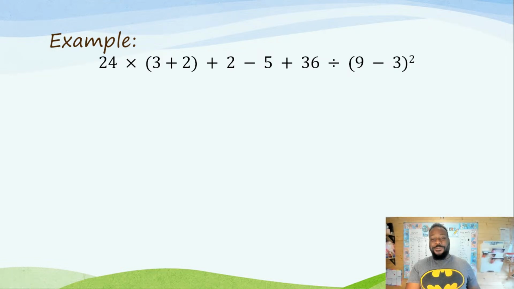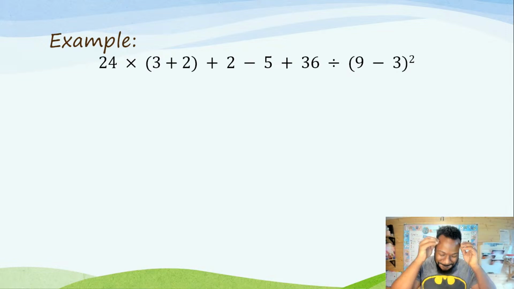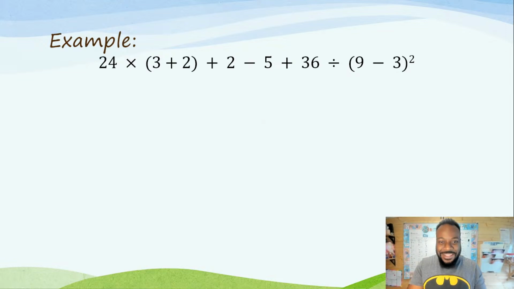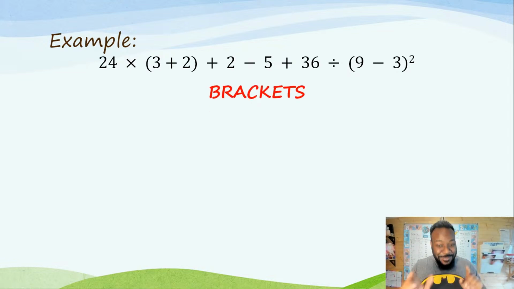It may seem like, whoa, this is a lot going on. And, you know, it is a lot going on. 24 times bracket 3 plus 2, close bracket, plus 2 minus 5 plus 36, divided by bracket 9 minus 3, close bracket, squared. Boom. What is happening to my eyes right now? But remembering BIDMAS, we can take it piece by piece, dealing with things in their order,